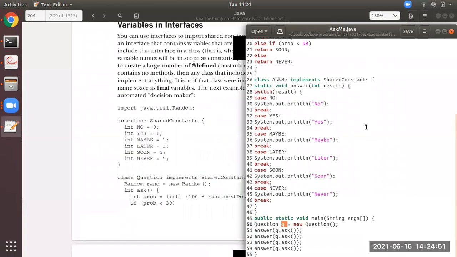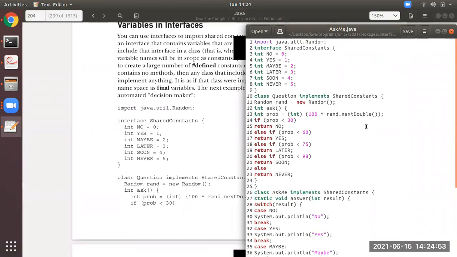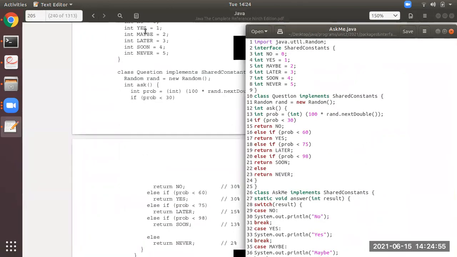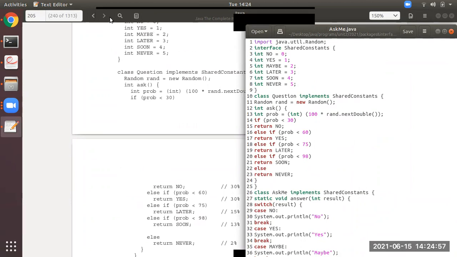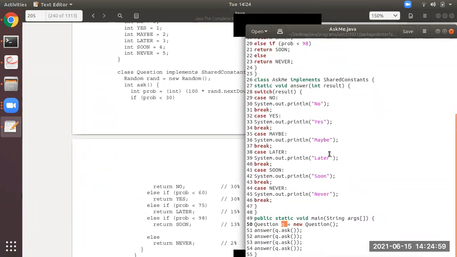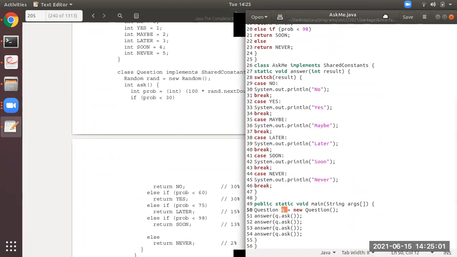If I scroll up, it is like this. So I will show here from the textbook. And what I'll do is I will scroll down this. Let's observe the output. So what's going to happen over here is you can see there is an object over here at line number 50. What is that object to class question? It is Q. So Q is an object to class question.